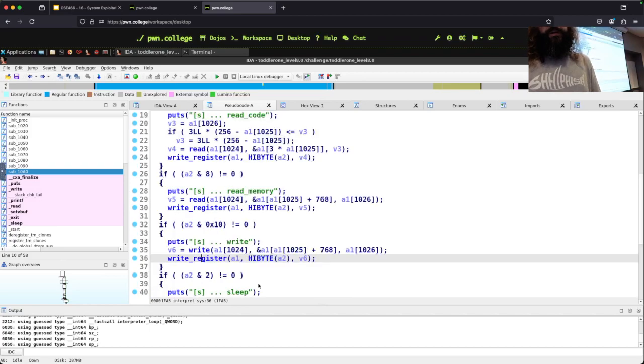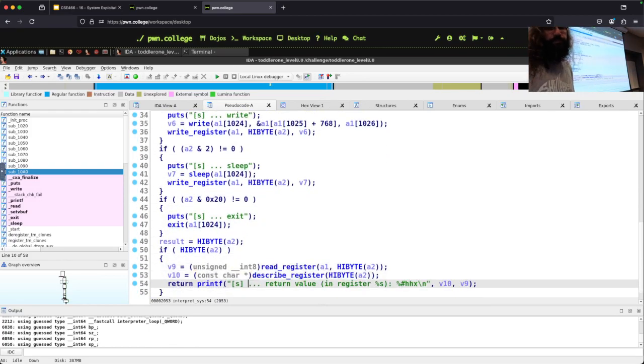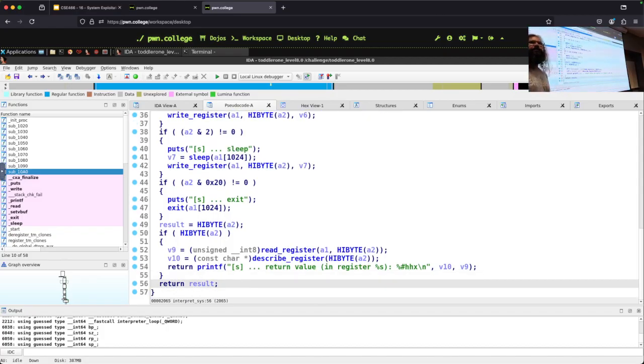So there isn't a path here, in just a simple memory corruption sense, of some memory location or some value that we could corrupt that would influence what syscall is actually executed, right? Instead, it's just going to call a function conditionally based upon the value that is in A2.